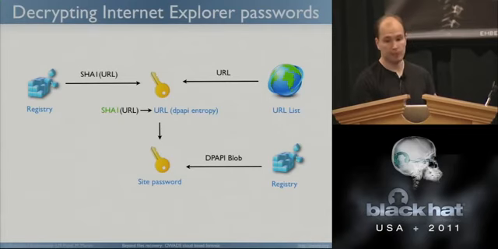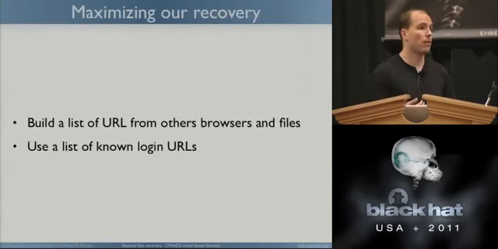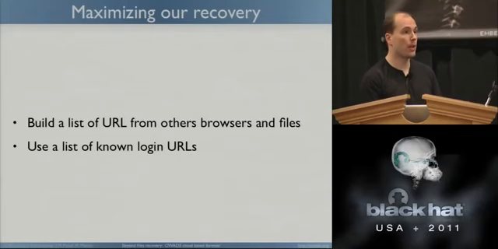What we can do is try to maximize our recovery process by going through the entire history, form history, and every browser history, and try to extract as many URLs as we can, and then try all of them to see if we can actually decrypt some DPAPI blobs. But if the URL is not in any history, and they did it properly, let's say by surfing in private mode, then we have absolutely no guarantee that we're going to decrypt all of them, which I think is very, very good.